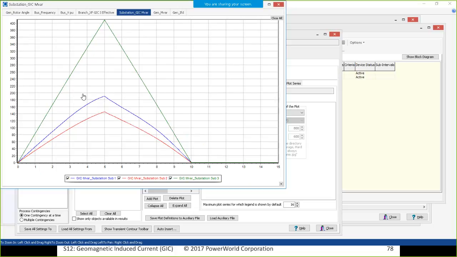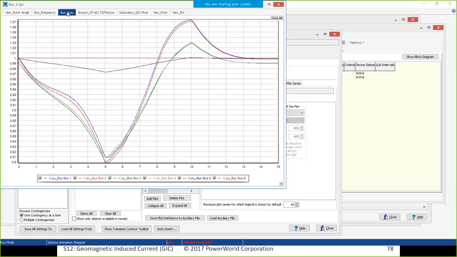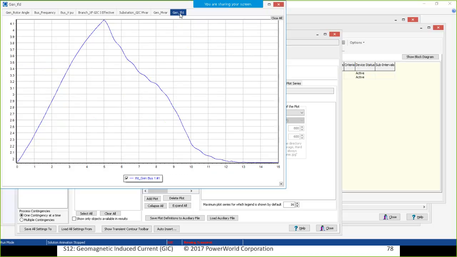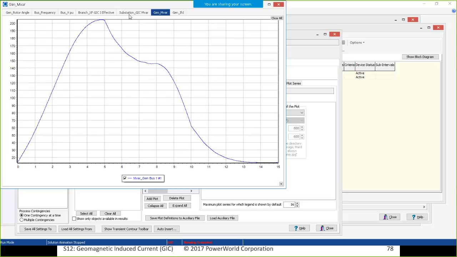As the bus per unit voltage varies, as the GICs ramp up and the voltages drop, you actually get less megavar loss because it's a constant current megavar load. We can also look at field current inside one of the generators.